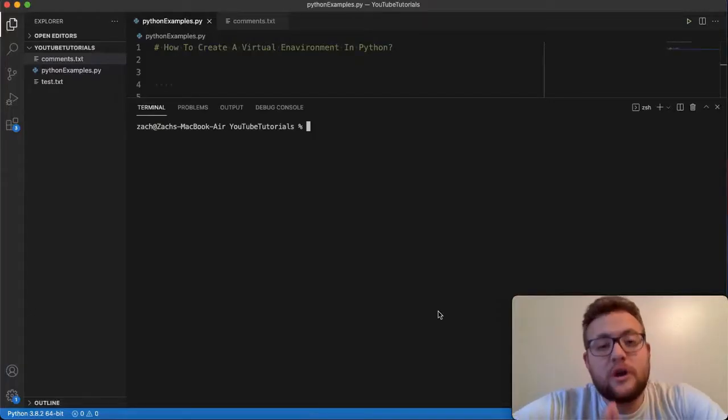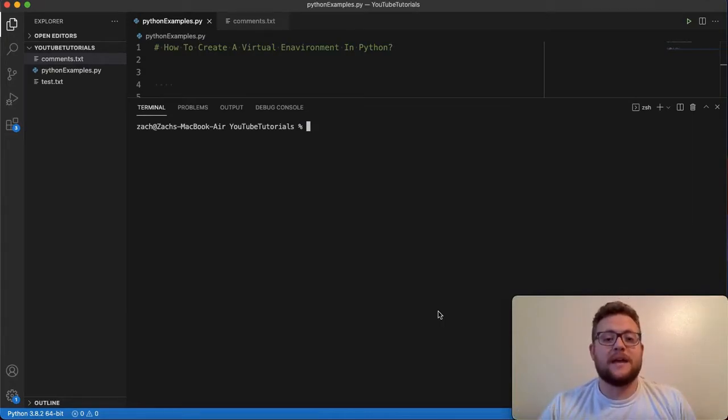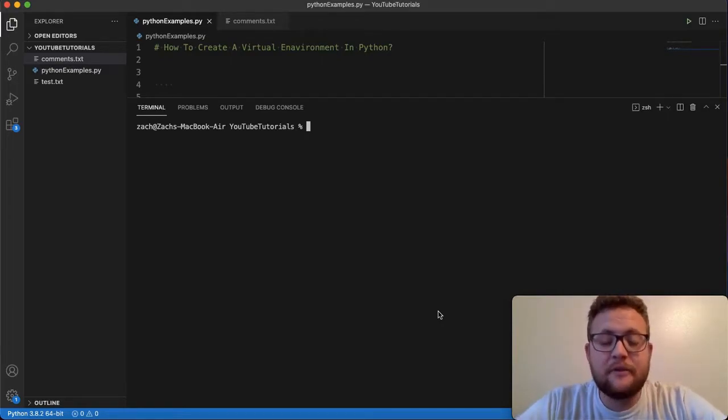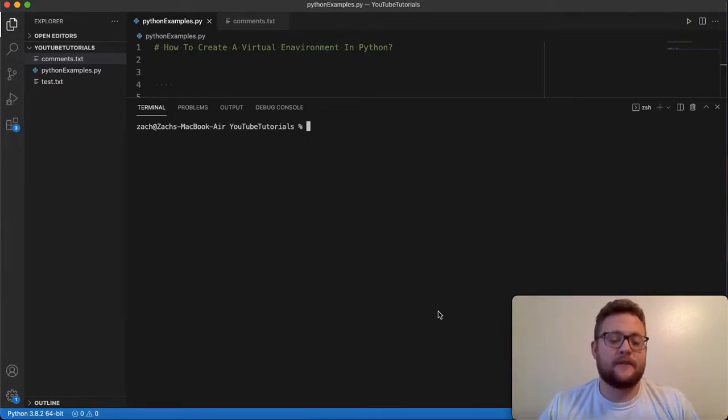Okay, so to create our virtual environment in Python, we first have to make sure that our base installed version of Python has a package installed. And that package is called virtualenv. And so if you haven't used pip or anything like that to install packages into a specific Python environment before,